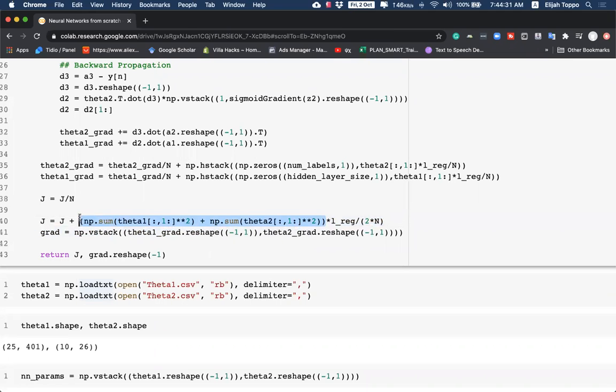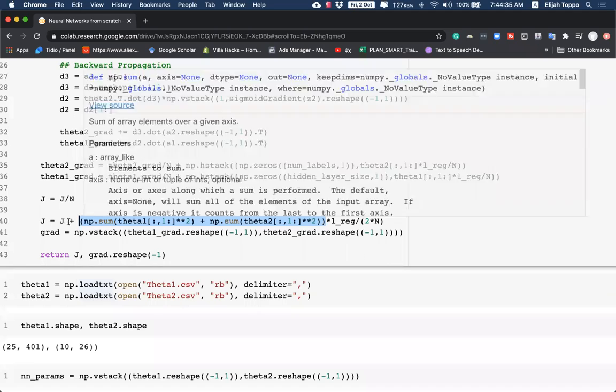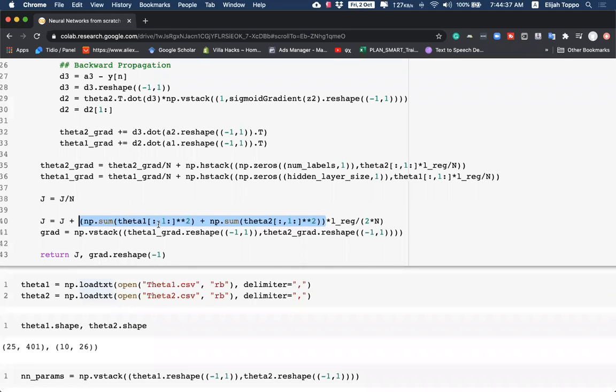That means if these values are high, then I am adding additional cost. If these values are low, then I have less cost, right? So this sum is multiplied by the amount of regularization that I want, divided by the total number of terms that we have, which adds extra incentive to the model to reduce these values of